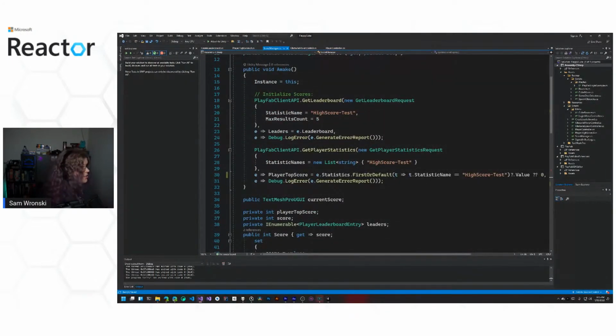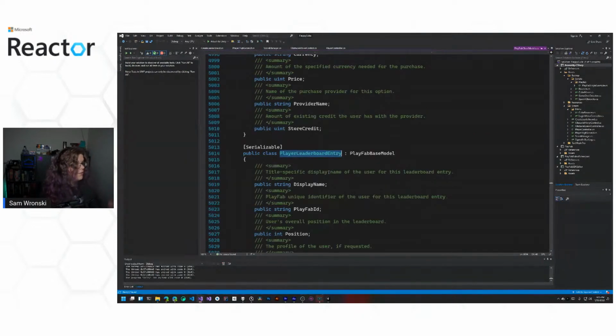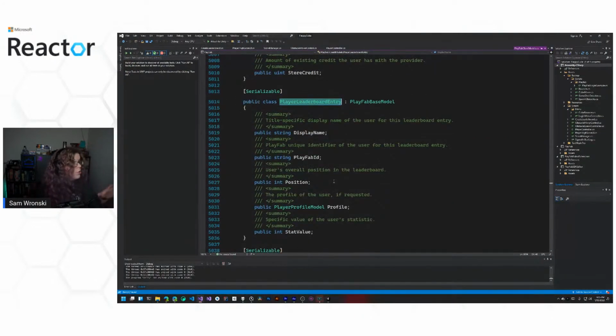It should automatically just work because we're just focusing on these player leaderboard entries, which is a PlayFab object, which stores a few different things about who scored what. In this case, it stores the display name, the PlayFab ID, so you have an identifier to tie back to the entity, and the position in the scoreboard, as well as the stats value.